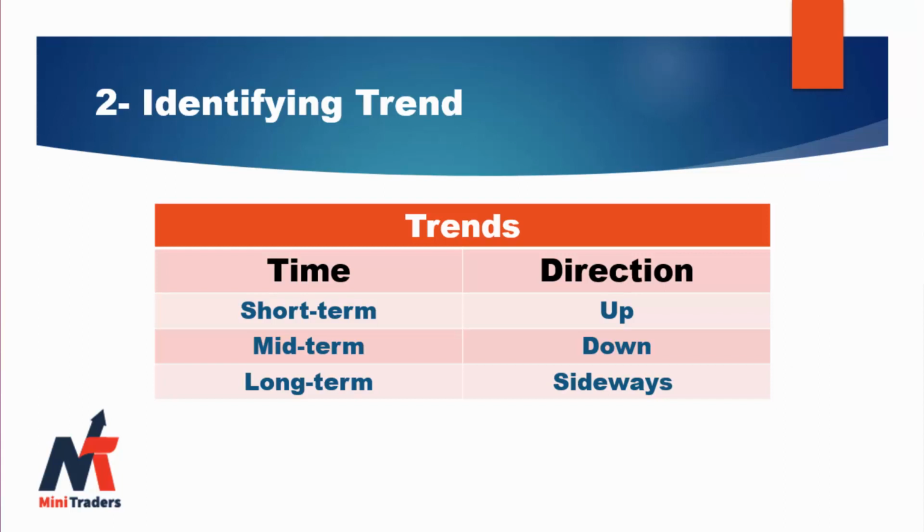We can also have another type of category by direction of trend. We can have three types of trends in this way: trending up, trending down, or sideways. There's a point here. We consider sideways as a trend. We don't see the market as always going up or down. Sometimes the market stops somewhere and we can't say which way it will go after this period, and we have to